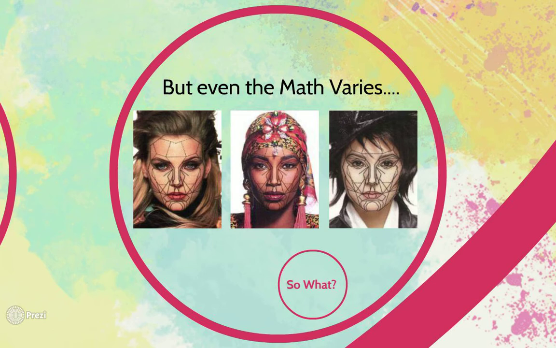Because although math is throughout all the different cultures in that sense, each one of them takes that baseline and adds to it, makes it slightly different. The contours and the placement of the decagon is slightly different for each face. And so that's what creates the difference between them.